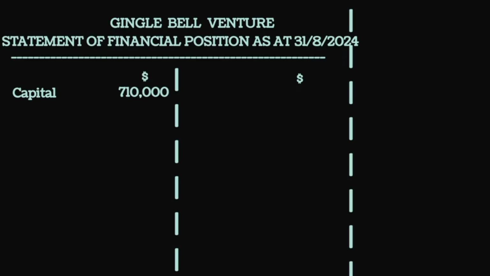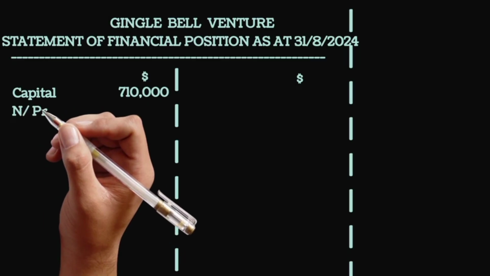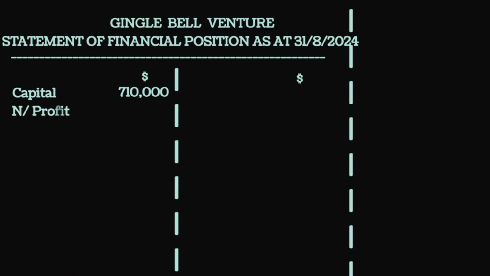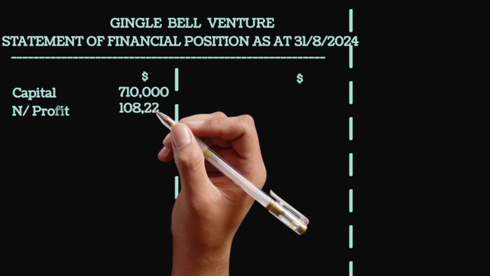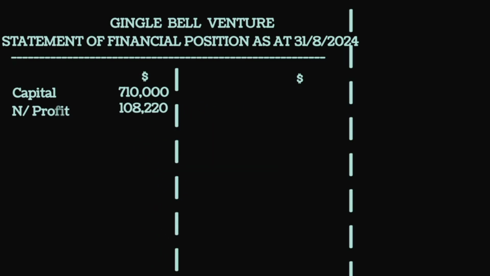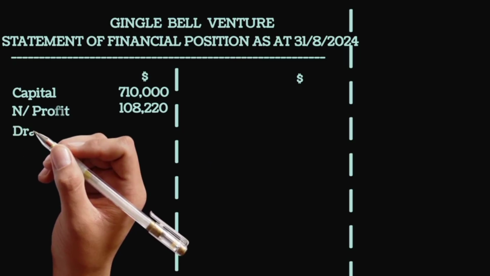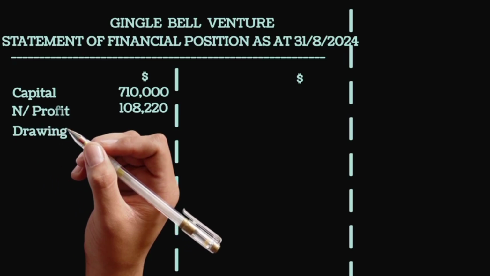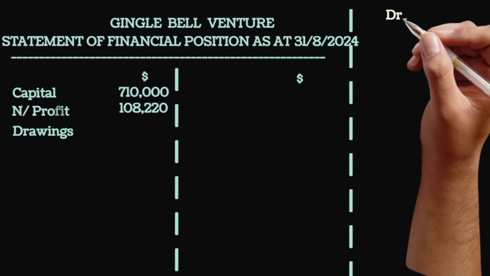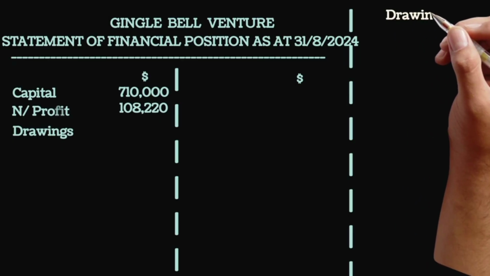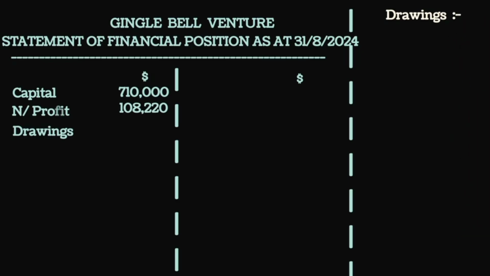Then capital, on the liability side, we start from capital. Capital is the liability of the business to the proprietor, and the value of the capital in this question is 710,000. Then the adjustment here is capital add net profit less drawing. I repeat, capital add net profit less drawing. So the net profit there is